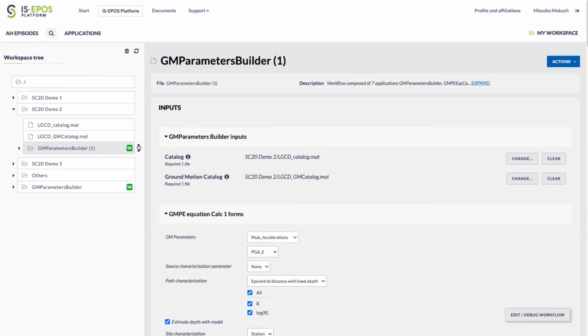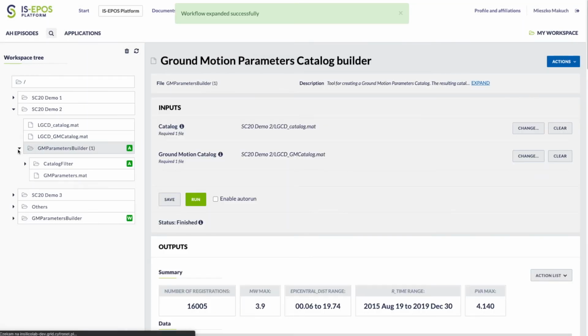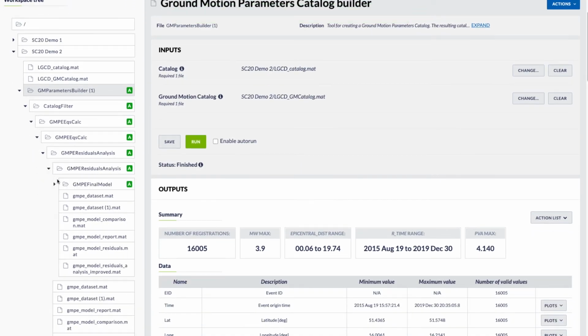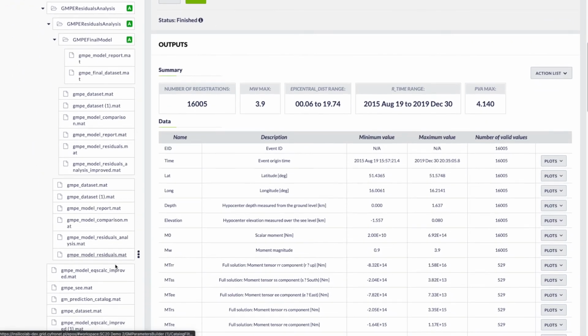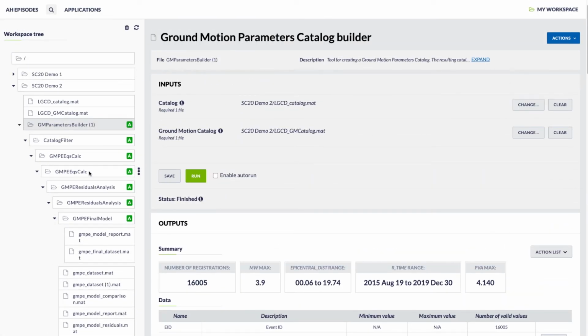And also, after expanding it, you'll see that it has a much more complex structure. So it consists of, as I said, 7 applications. And in this case, the ability to merge it into a single workflow application is quite useful.